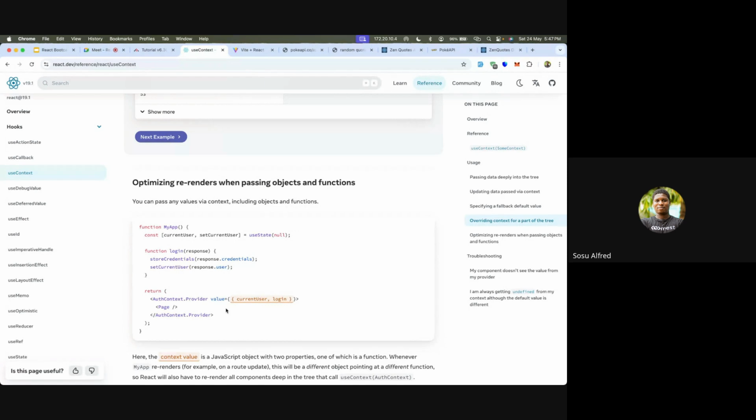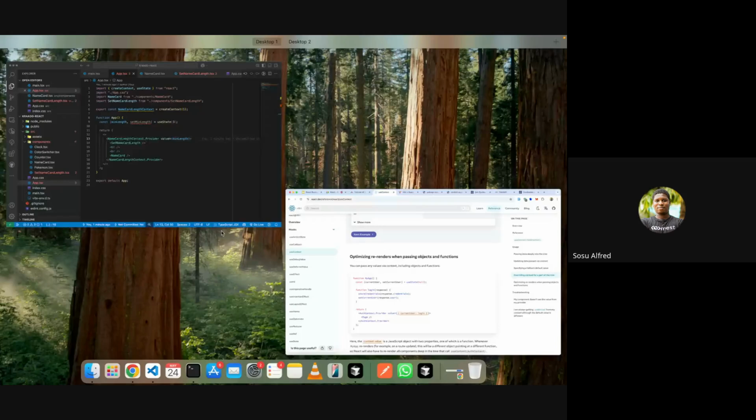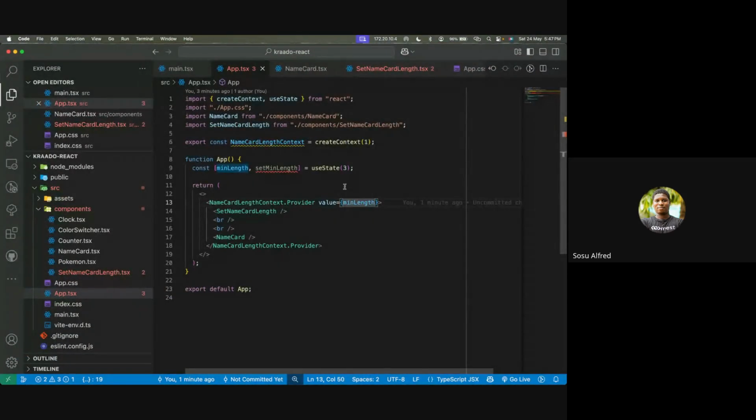So from the documentation, what I see is that you can pass in this current user, which is the value of that current user. Then you can pass in a login also, which is a function. So you can pass in an object, not just the value. So what I'm thinking right now is that if you're able to pass in this function as well,